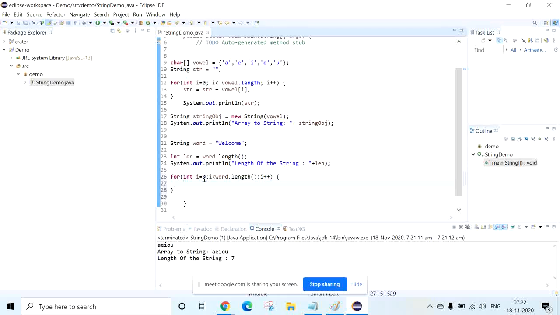It will start from 0 up to 6: 0, 1, 2, 3, 4, 5, 6, so 7 characters. Now it can traverse each and every character. Then if you want to print each and every character, we can do that. So you can take